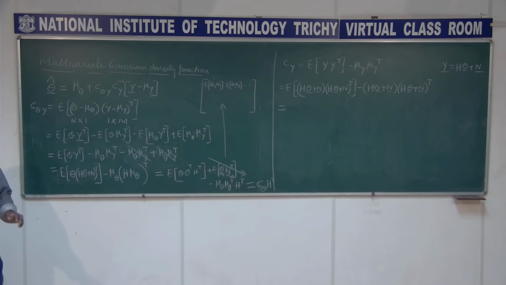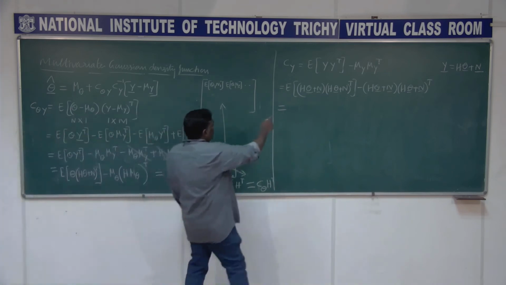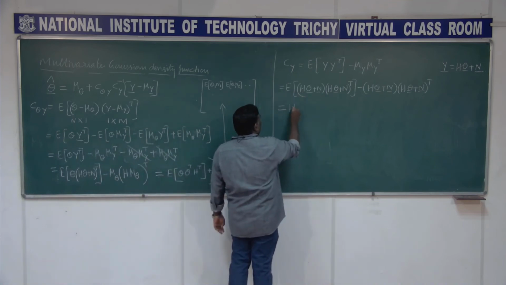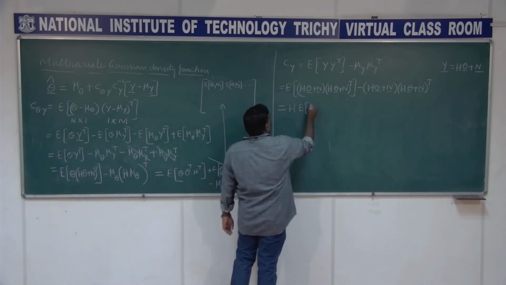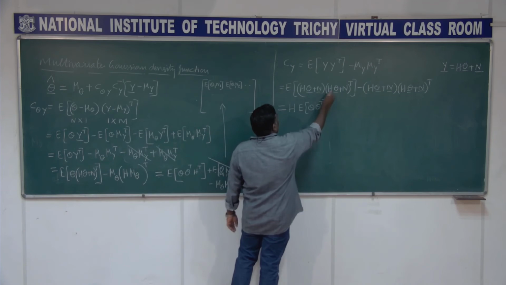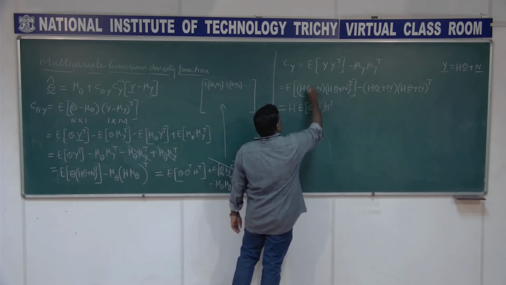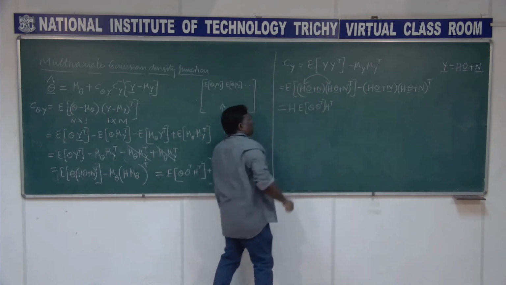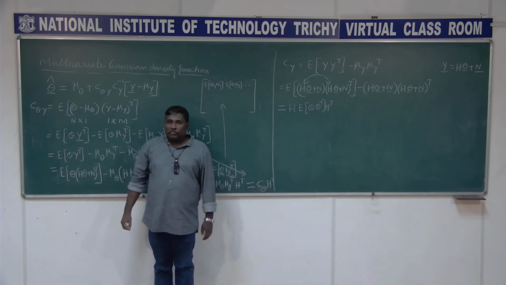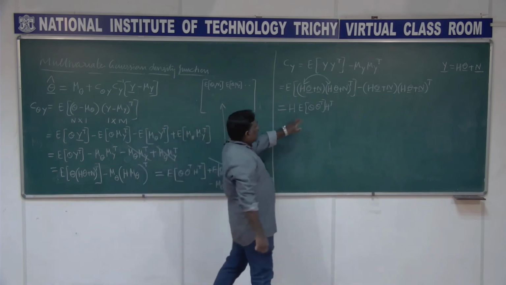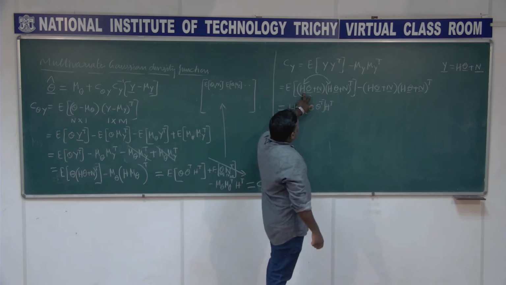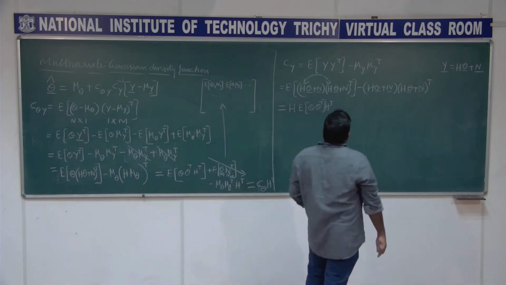H is known, right? If that is the case, this first term, this H will come outside, and I get theta transpose, and this H transpose will come outside, and coming to this product, if I do this product here,